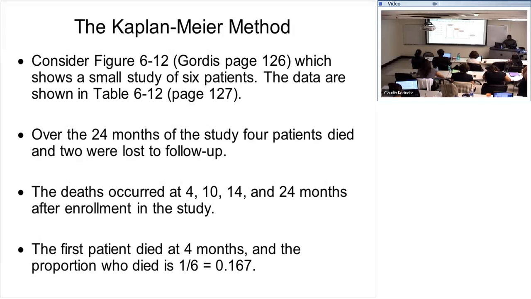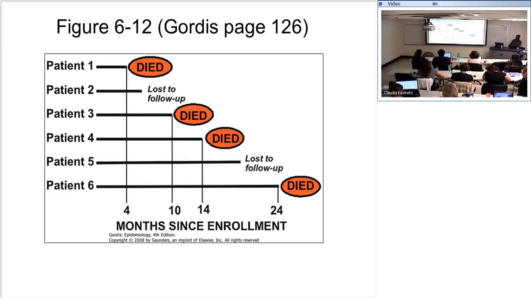We calculate the probability. So here is the Kaplan-Meier table. You can see 6 people started the study. At the end of the 4th month, 1 person died, so the probability will be calculated. Now we decide to follow them. After the 10th month, 1 person died, but 1 person was lost to follow up. Because 1 person died earlier on, and another person has been lost to follow up, what would be the denominator for the 10th? The denominator is 4, so it's 1/4.